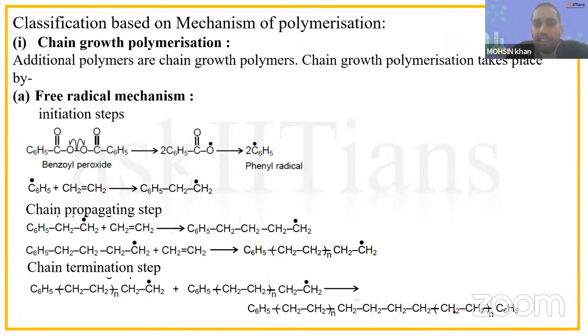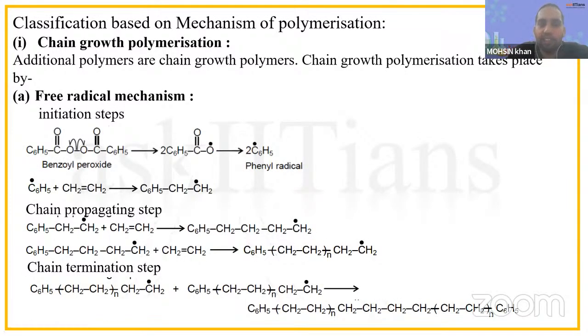So the first type of polymerization based on the mode of preparation is chain growth polymerization. In this, addition polymers are formed by the polymerization. We have taken the free radical mechanism, in which we produce a free radical that initiates the reaction and attacks the monomeric unit. Here we are preparing polyethylene, so we have taken ethene as the monomer. The phenyl free radical, which is produced by the benzoyl peroxide, will attack the ethene,